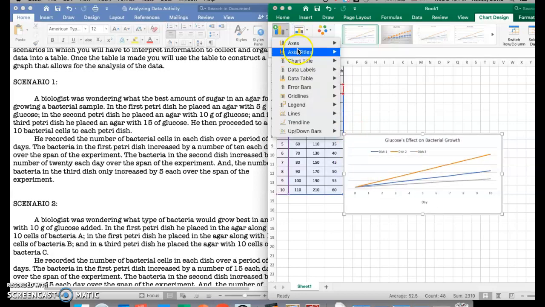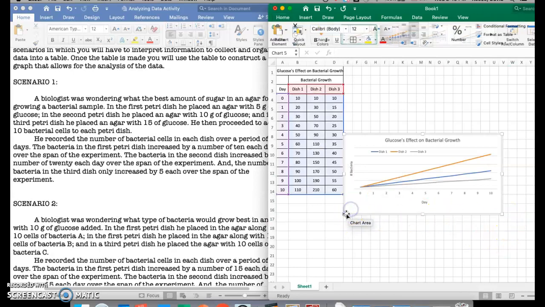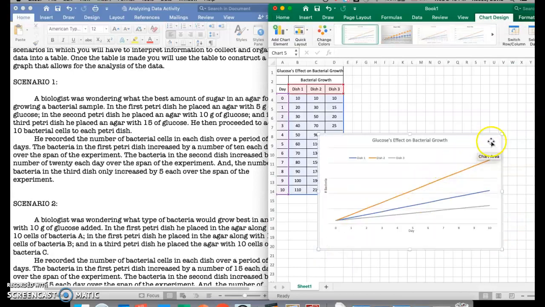Sorry. Click on vertical here. There you go. Didn't get it the first time. And that simply is the number. Let me highlight that. I again apologize. Number of bacteria. And now I have my line graph. And I can actually make this graph a little bigger so I can see it a little better. But there it is. And now from this I can analyze my data and I can see if the scientist